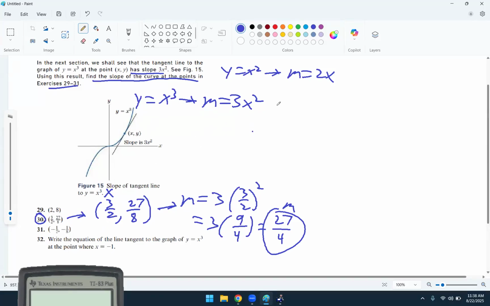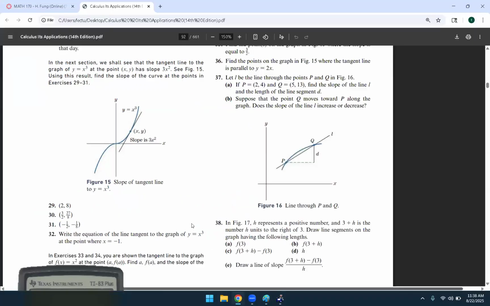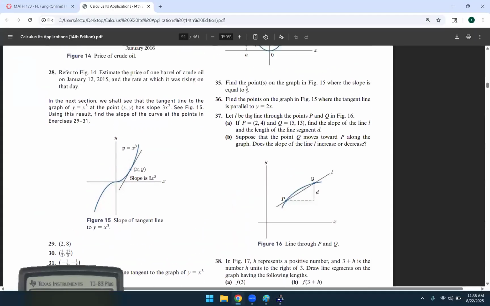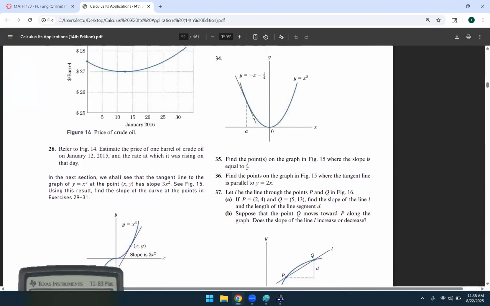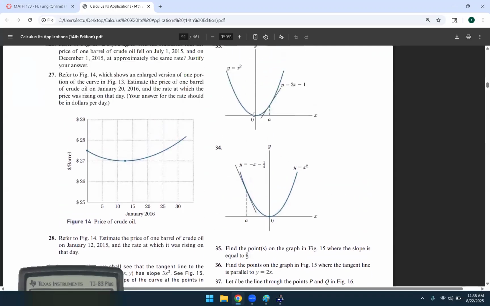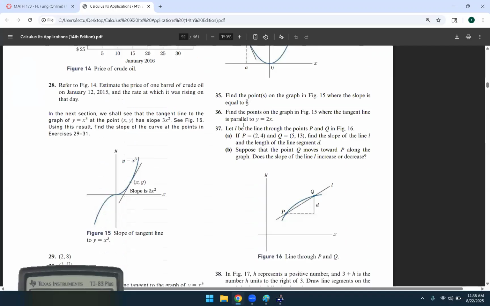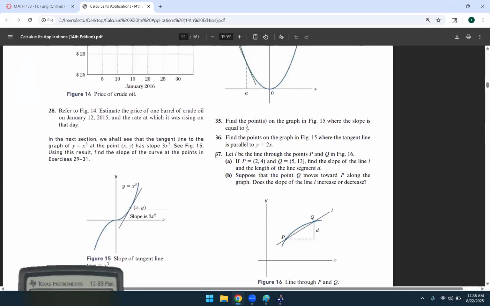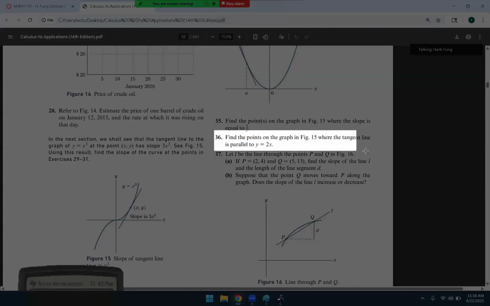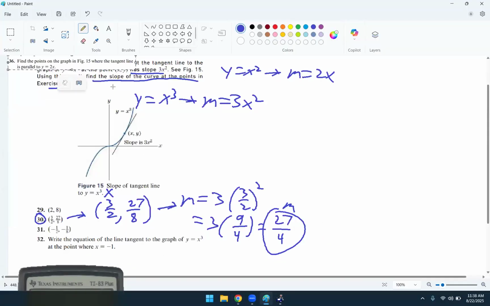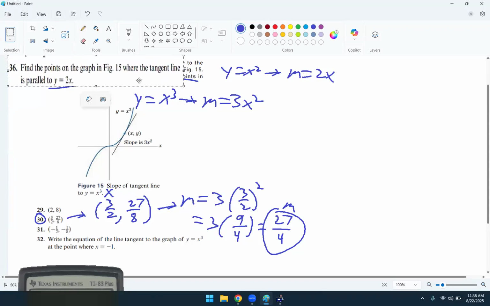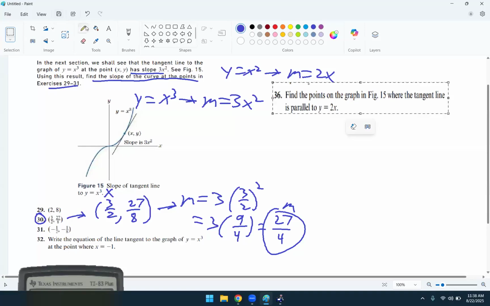All right, let's do one more. Let's look at number 36. Let me take a screenshot here. Let's see, where's figure 15? Okay, this is figure 15. I'm just going to screenshot 36 because it's related to that figure. Let's look at 36 here. So find the points on the graph in figure 15, so on this x cubed curve,